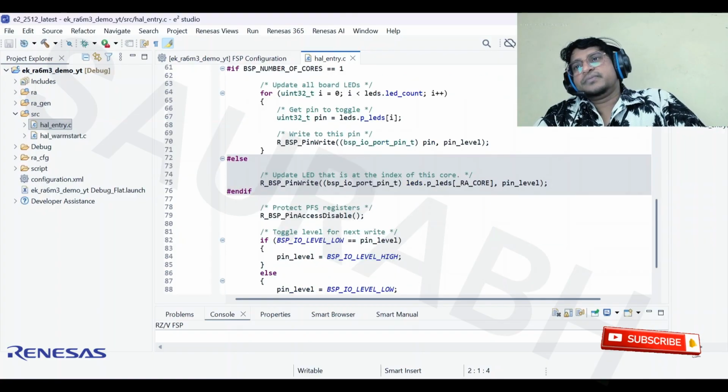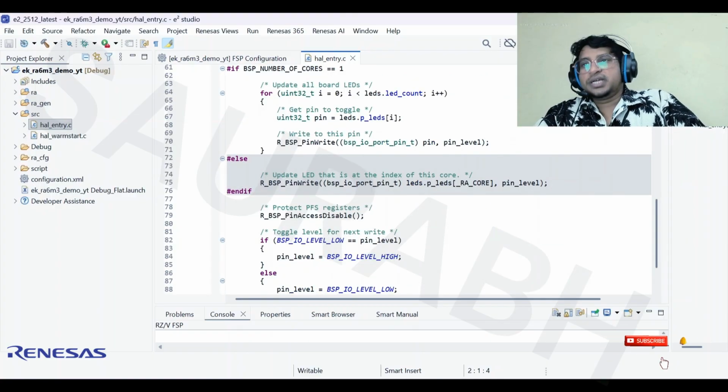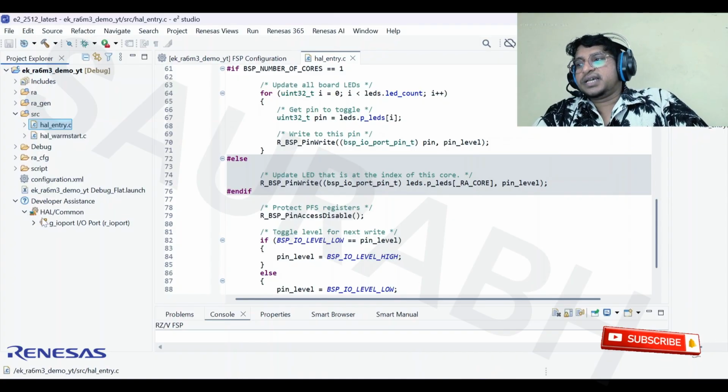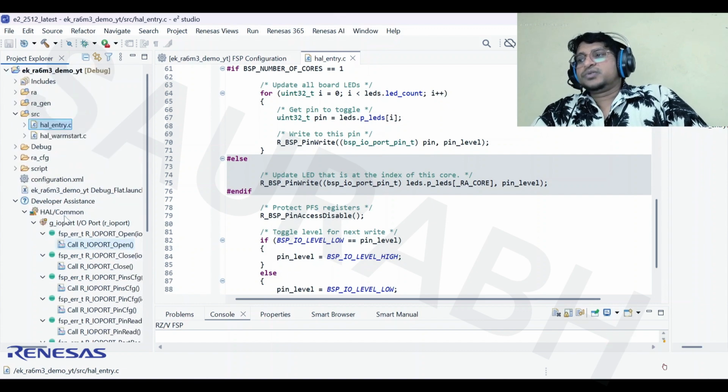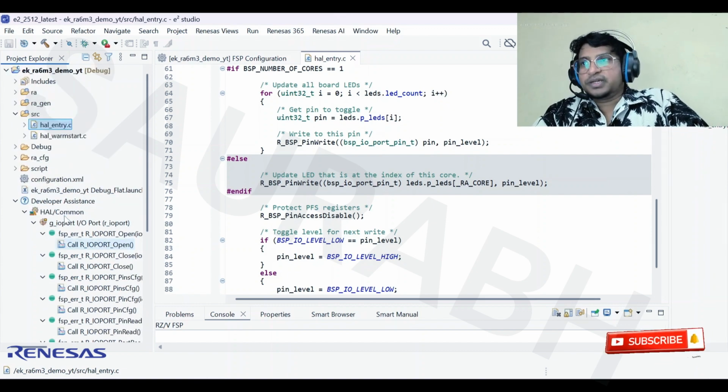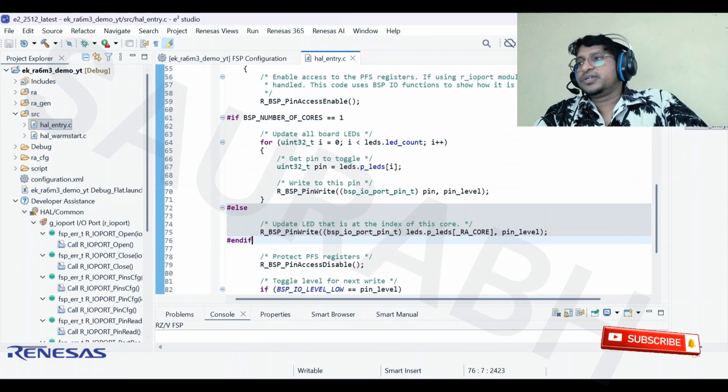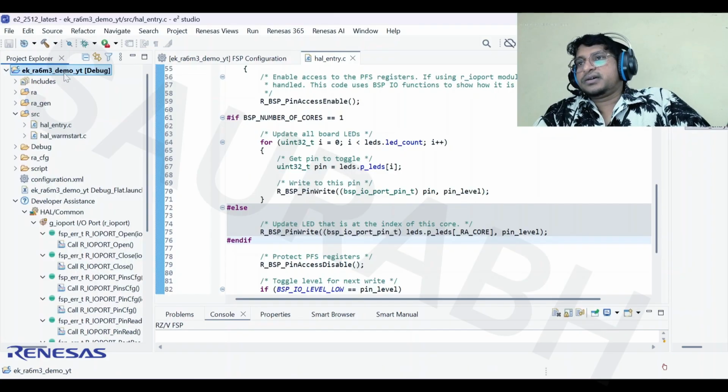If you want me to explain this code, then I can explain it. But in the coming videos, we are going to make this whole thing manually, by HAL. So where is it, here you can see HAL. I am going to make it, so don't worry. I will make it step by step. So today we are going to only build. So let us build it.